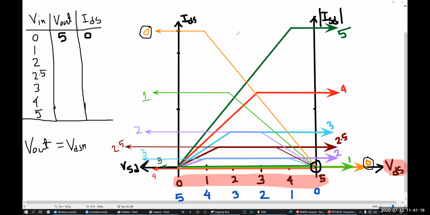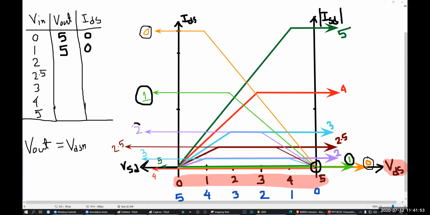Next one, our input number 1. Input 1 is this green line, this green arrow. One green arrow is like this, another one is like this. Where do they intersect? One green line is this one, another green line is this one, right? So they intersect here, exactly the same place. So our value is 5. What is the current? 0. For 2, what is 2?